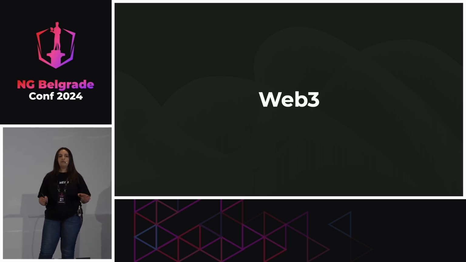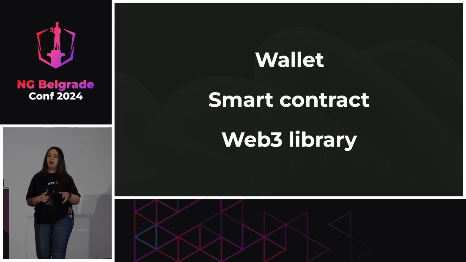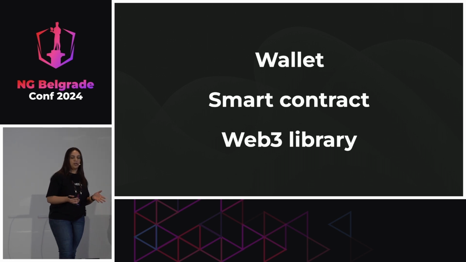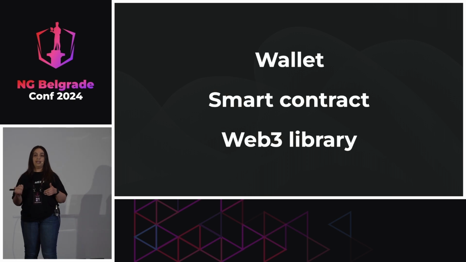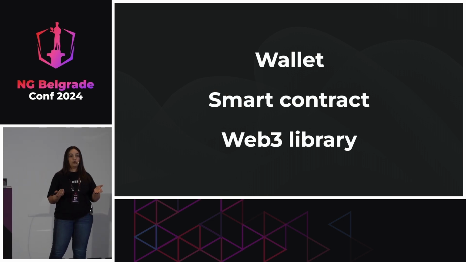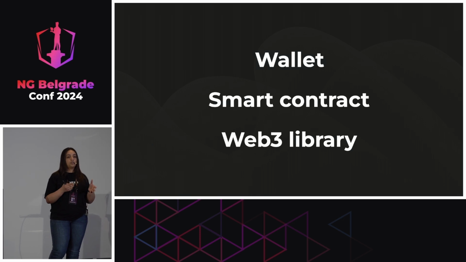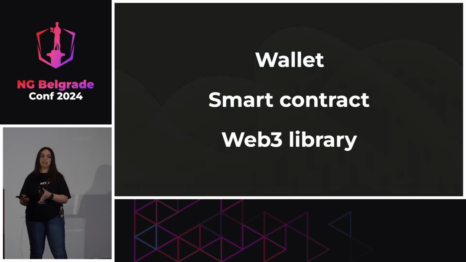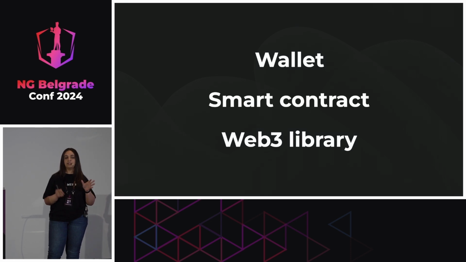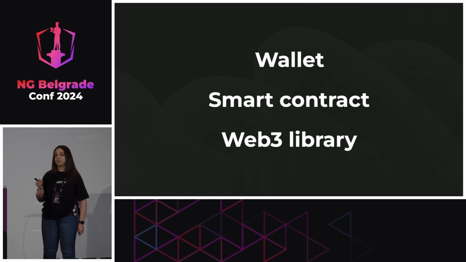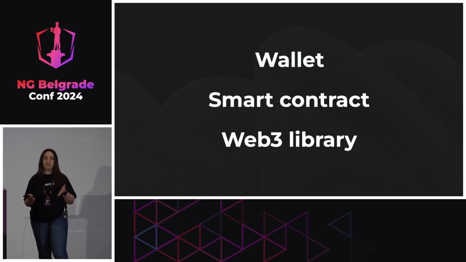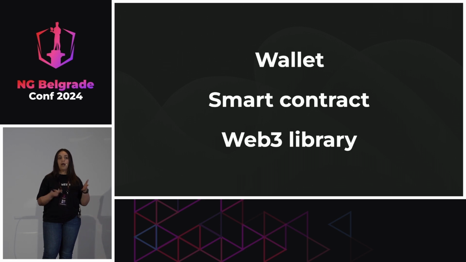So if we want to begin with Web3 from zero, and we don't know anything about Web3, we need to know about these three things. We need to learn about what a wallet is, like a crypto wallet, and how we can interact with it. We need to know about smart contracts, because smart contracts are what we need to actually talk with the blockchain itself. So these are the most important things that we need to learn. And last thing, but I think the most important, is the Web3 library, because we need a Web3 library that works fine with our projects, so our front-end projects,